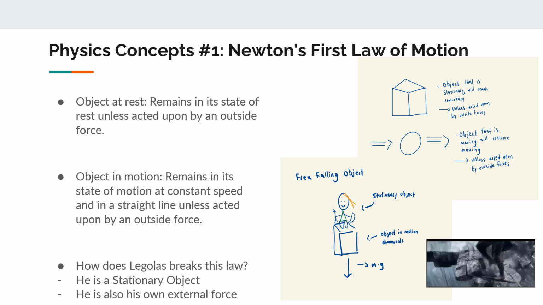For him to have an external force applied onto him, it's highly unlikely from the falling block, because that is not an external force. It's just that they're both together falling straight down. So you can say that these two objects together are in a free falling state. And for him to have an external force act upon him, there's nothing externally acting upon him, meaning he's just falling down.